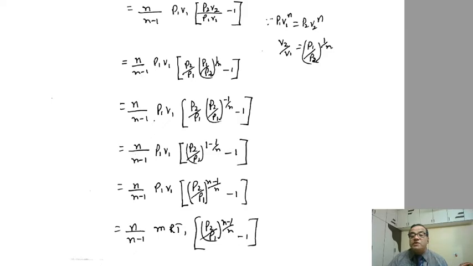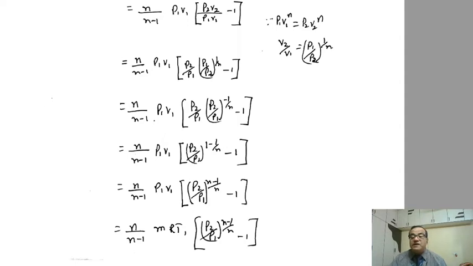So we want it to be in terms of P2 on the top and P1 here. So it will be rearranged. Other things remain the same, whereas P1 by P2 to the power of 1 by n will be P2 by P1 to the power of 1 by n, minus 1. So this in turn can be rewritten as P2 by P1 to the power of 1 minus 1 by n, minus 1. Because this will be 1 minus 1 by n, or in turn it can be written as n minus 1 by n.